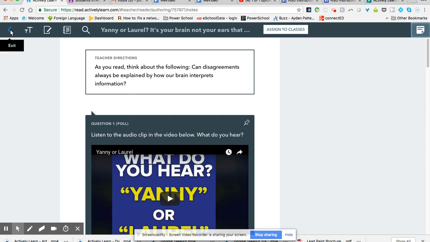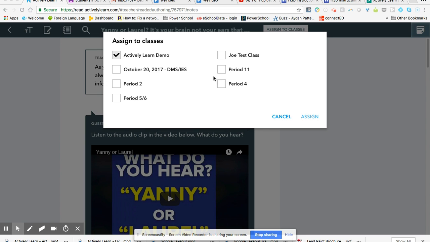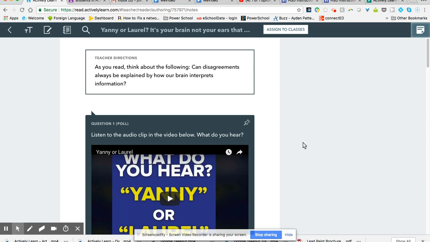I can click on Exit if I want to, or if you haven't already, click Assign to Classes. And again, if I click on Assign to Classes, I can choose the classes here by checking the boxes. So now, if I'm a student